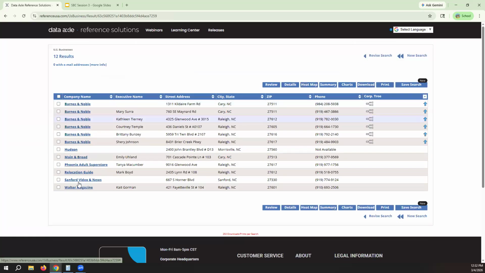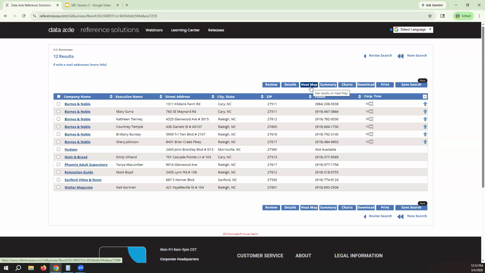And now we can see if there's anything that might stand out to me or might be interesting to me. And I can explore a little bit more, maybe about the Barnes and Noble and what money they're making. Now, I will tell you this. This heat map thing is really interesting.